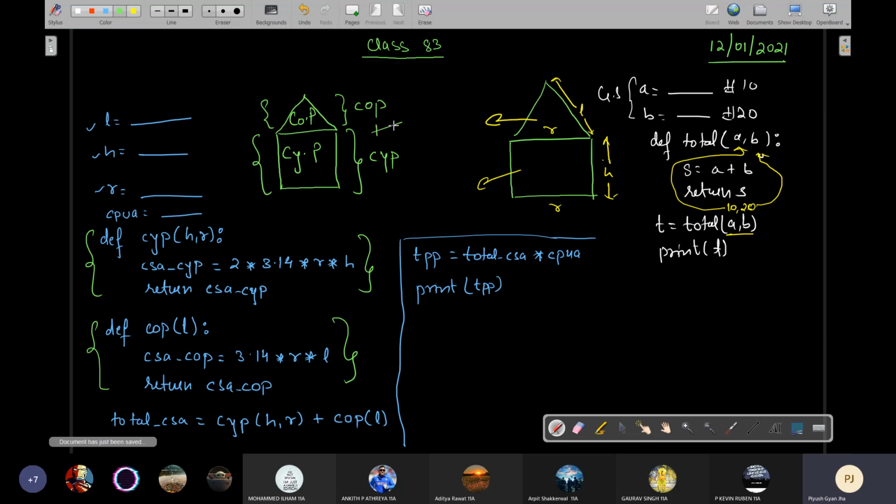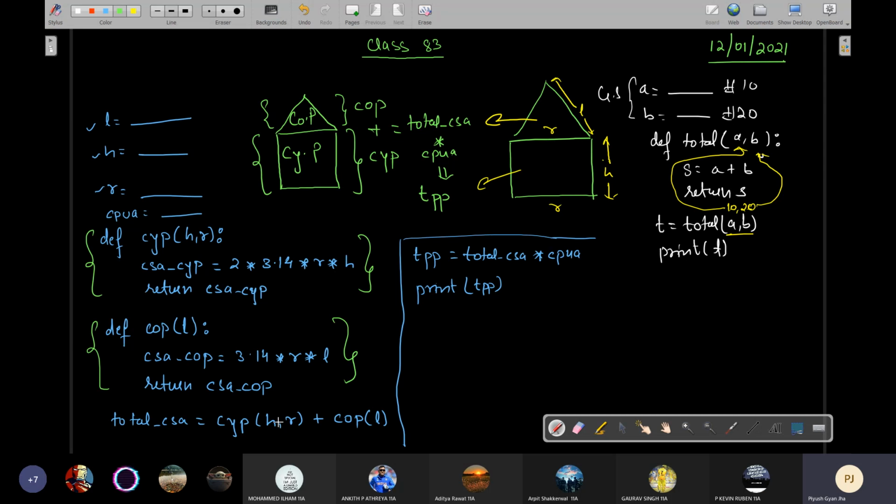Okay, this plus this gives total CSA. ठीक है? And then this multiplied by cost per unit area gives you total price to be paid.